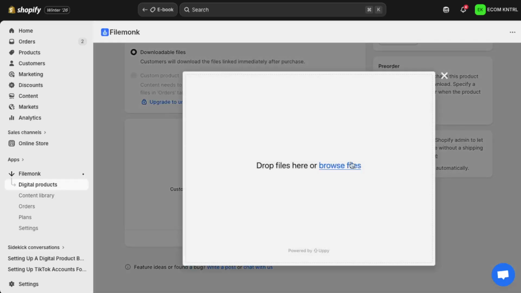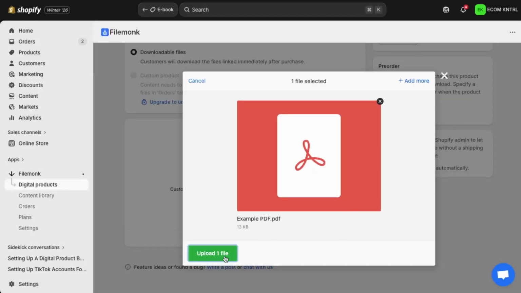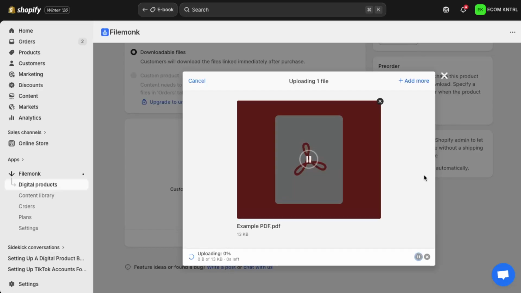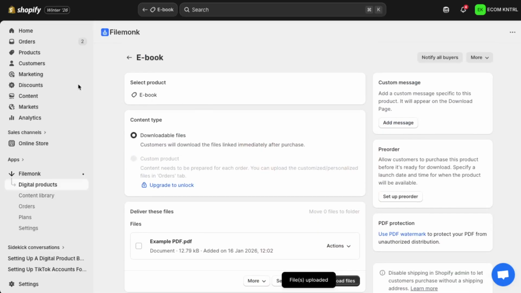From here, you can preview your product page to check the title, image, and description, and make sure everything reads clearly. When you're ready, publish the product. After a customer completes checkout, they'll receive a secure download link managed by the app, so fulfillment happens automatically. Keep your original file safely stored, and if you ever update the ebook, just upload the new version through the app and it will